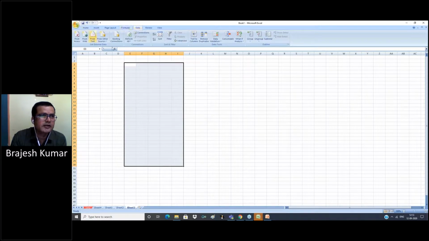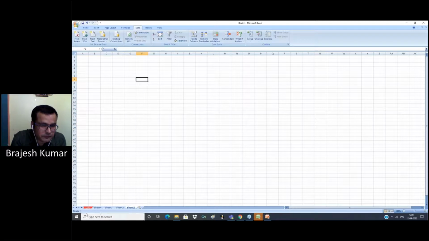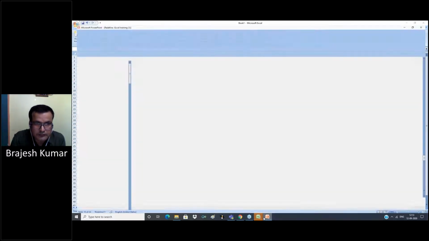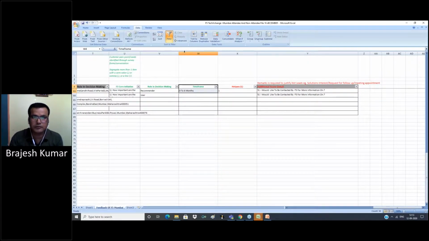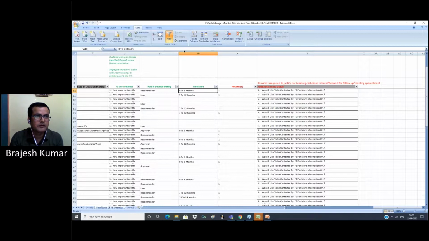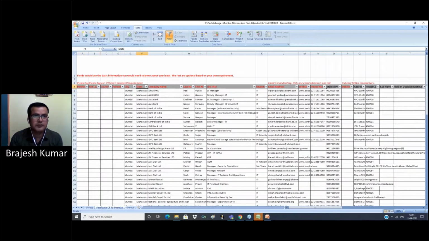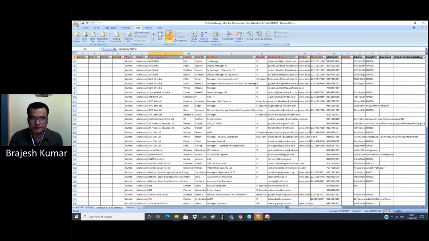Formula is another thing. Data, as we discussed, sorting. Suppose we open any file and we have company name and contact name.